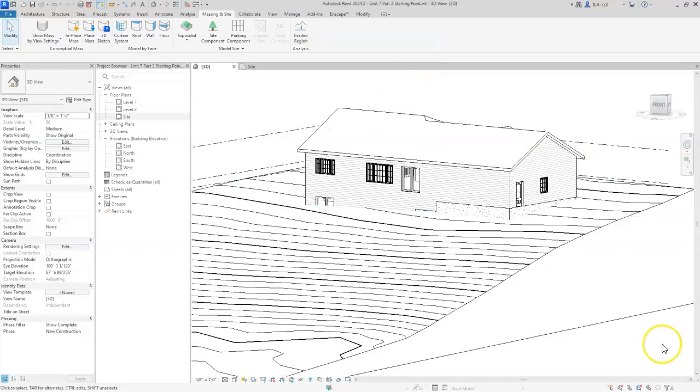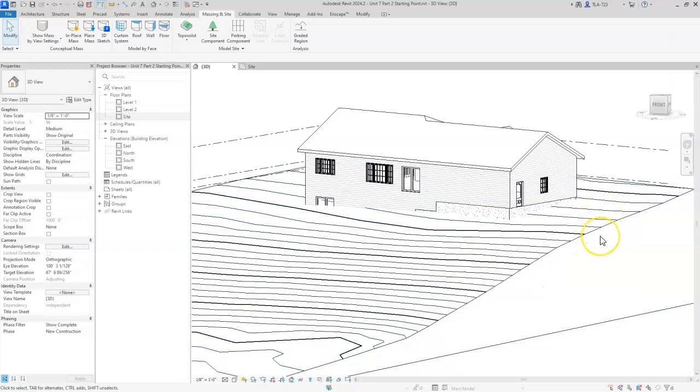And what a graded region does is it automatically makes a copy, but it puts it in a different phase. And I'll talk more about phase in the part 2 video, but basically phasing is a way to keep track of existing stuff and new construction. So the new stuff obviously is the stuff that the contractor is most interested in. They need to know kind of what needs to be done going forward, but also we need to be able to differentiate between the stuff that's already there. That plays into renovation projects, additions, things like that for buildings,